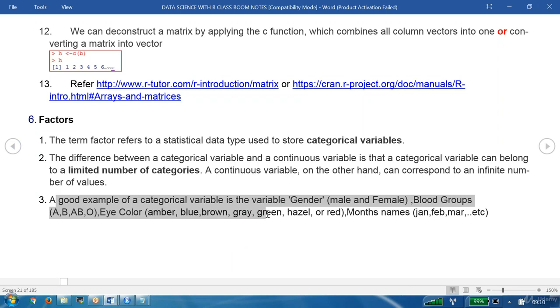Technically, eye colors are also limited. Now month names, January, February, March, and week names, all of these are called categorical variables. Those categorical variables are called factors. Factor is also one of the data types of our statistical world. It is a statistical data type.